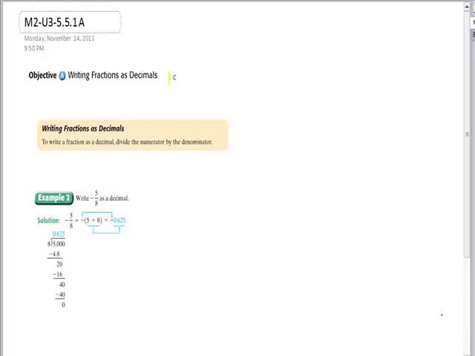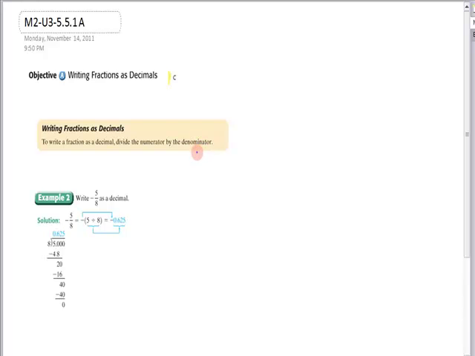Now we're going to write fractions as decimals. We have done decimals as fractions and reduced to lowest terms. I believe that was our first lesson in this unit on decimals, but now we're going to go the other way. All we really have to remember is that a fraction line means divide, and you always divide the numerator